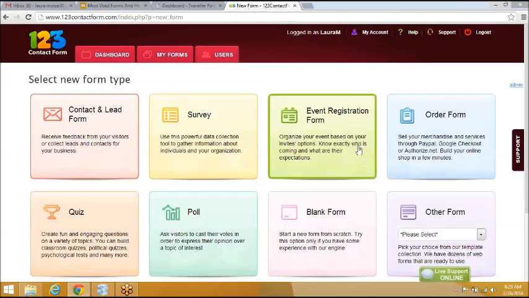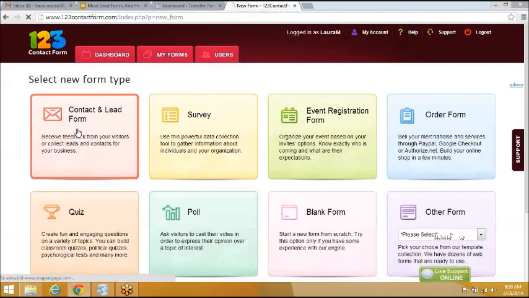Here you can see that we have some form templates for the most popular web forms that we exemplified within the webinar. So we'll have where to start from when building a contact and lead form, a survey, an event registration form, quizzes, polls that are handy for education. And we also have a gallery of more than 50 form templates that can be imported into any user's account and further edited. Okay. For now, I will create a simple contact form,